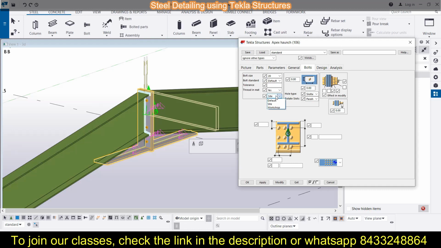Then do you want to make it a bolt that has been drafted on the site, or it should be the factory default, that means it is like welded, or you can see the model in the workshop. Okay, so these are the things that you can mention, and there are so many other options also which you can explore yourself. I am sure that you are smart enough to do that.